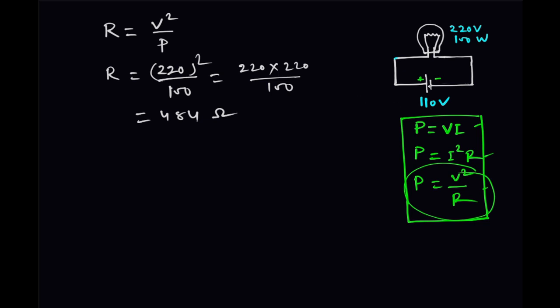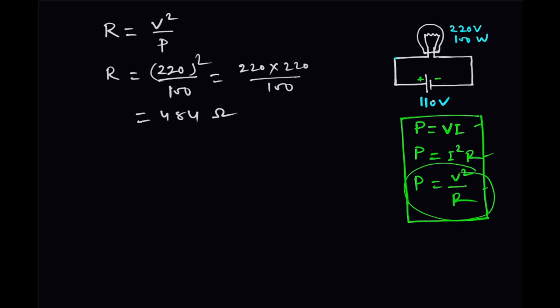Now once we have the value of the resistance, if it is connected to any voltage source, then we can find the power consumed by this bulb. So the main thing is that you have to find the resistance. What is the resistance of this bulb? This is the characteristic of the bulb, and this resistance does not change for the particular bulb. You can change the supply voltage. If it is 50 volt, then across these two terminals 50 volt will be applied. Even if it is 25 volt, this bulb will also glow, but the intensity will be less, because less power will be consumed.